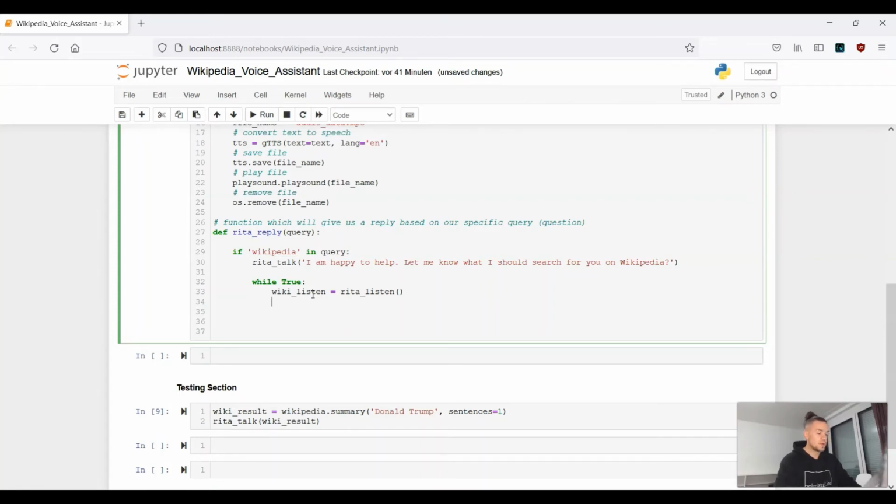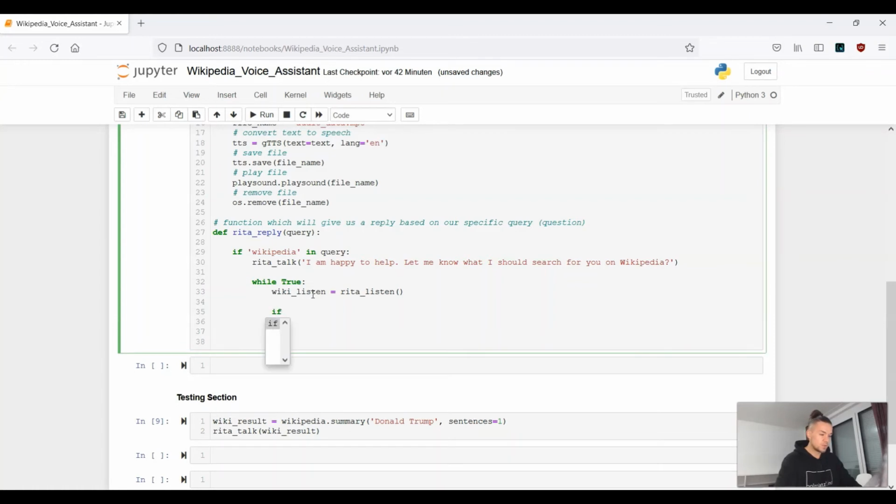Either we ask for a specific keyword, which the system should look up for us, or we say shut down, okay? That means Wikipedia will stop working, okay? This is actually the logic for now. That means now we can build it with a simple if statement. So if wiki listen does not equal to shut down,